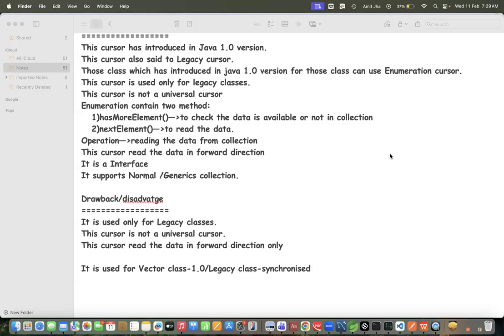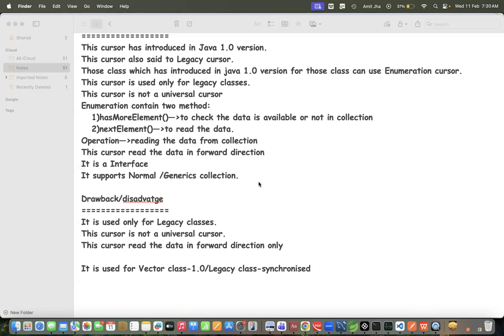Yes, guys. So what will I explain? If anybody asks in the interview room, what is the difference between vector and collection? What should the answer be? Can you explain one more time? Anyone? Vector is a legacy class. It was introduced in Java 1.0 version and it has synchronized methods. Okay, good.